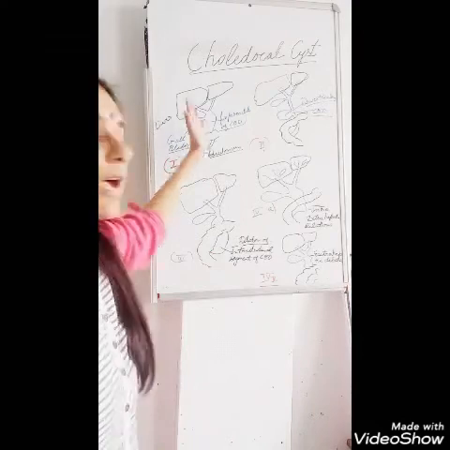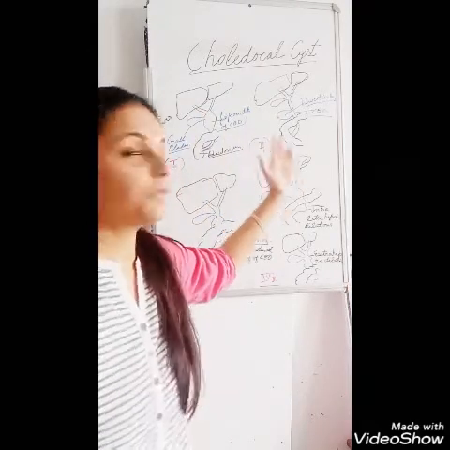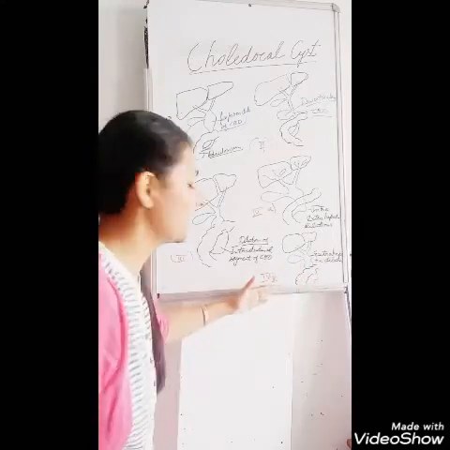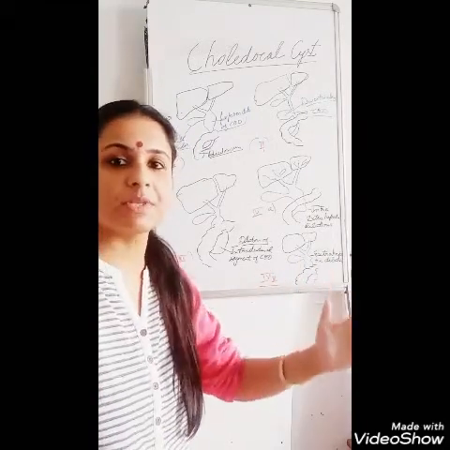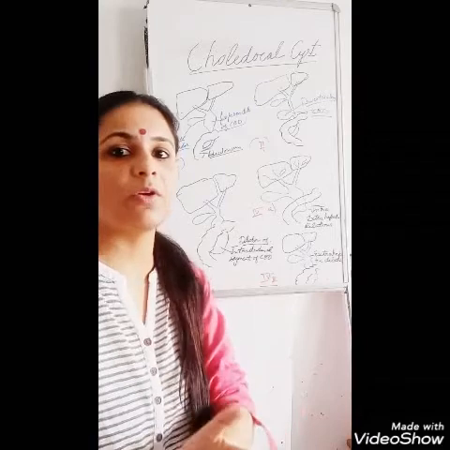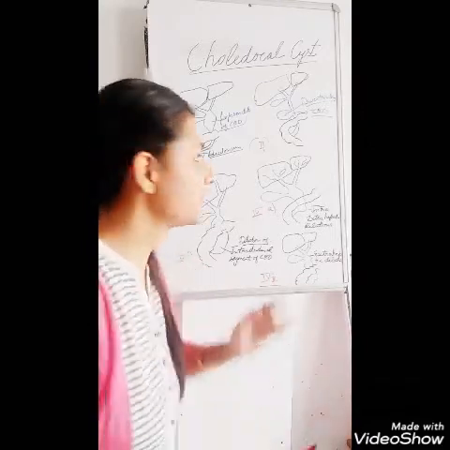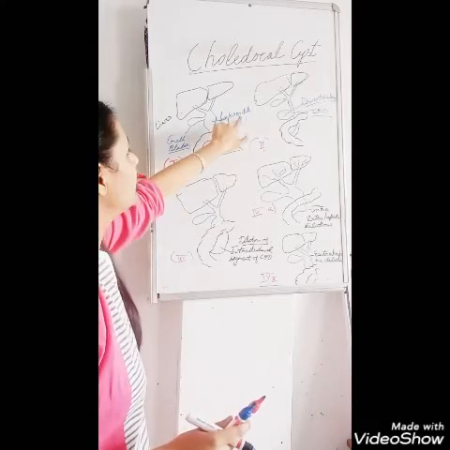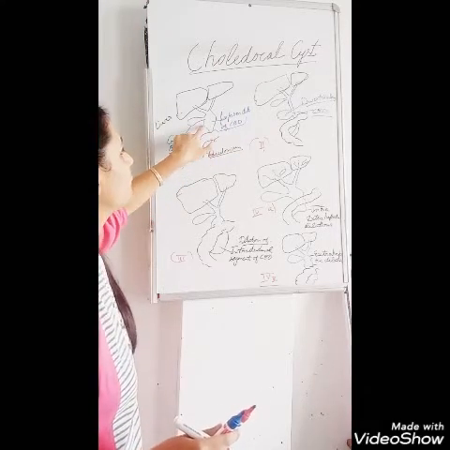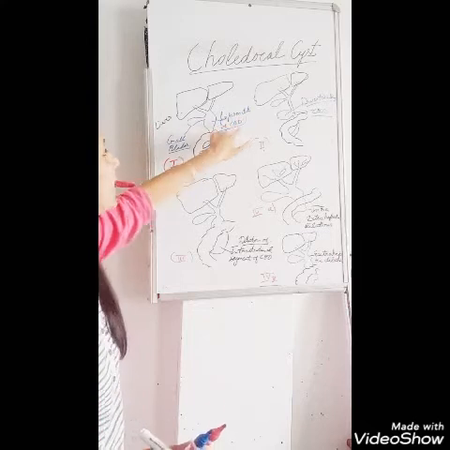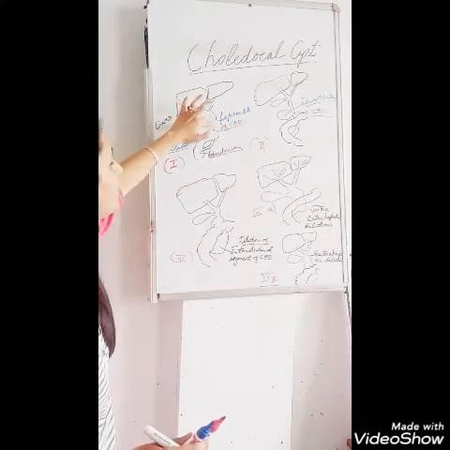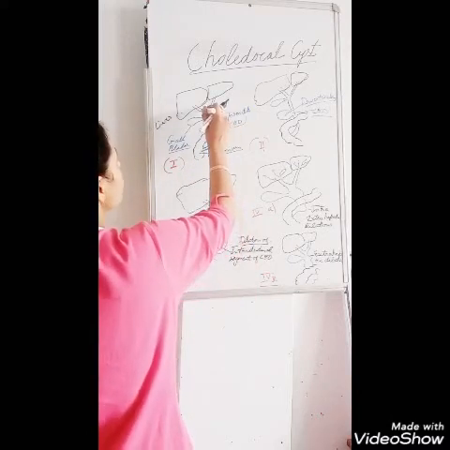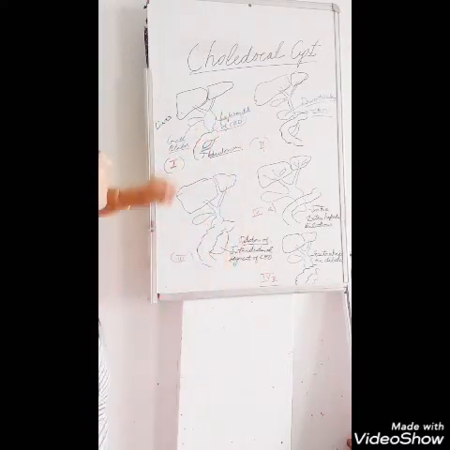So you have to remember the classification very seriously. There are 5 types of classification. Here I have mentioned the 4 types. The 5th I will take later because that one is known as Caroli disease. So the first classification is where there is dilatation of the common bile duct in a fusiform manner. See how the dilatation of the common bile duct has occurred.